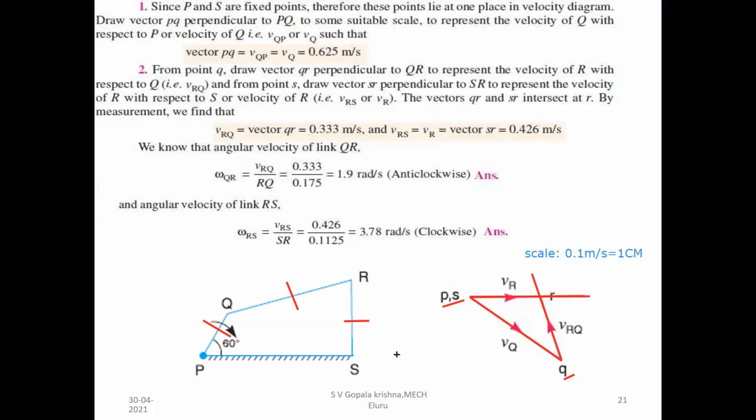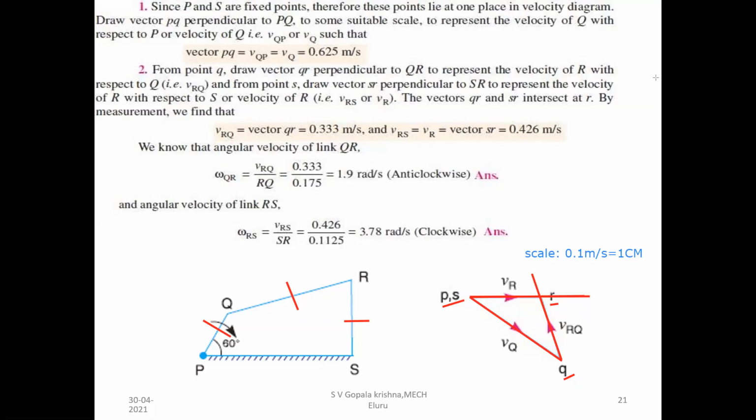It is similar to the horizontal. When we intersect our QR line and our RS line, you identify the new position, that is the R position. Now just observe the diagram. All the points are there in our vector diagram: P, S, Q and R. Only four points, and those four points are already in our diagram.